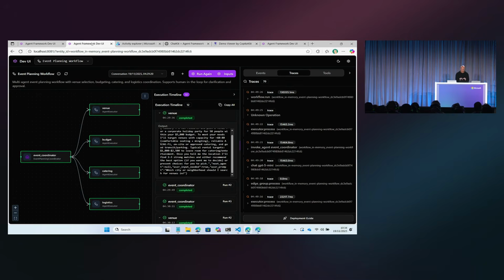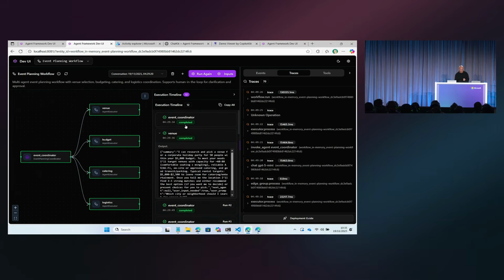And I'm just going to talk about some other aspects of the Dev UI. So you can see here, everything is completed. I have a visualization. Everything is marked as green. There's a timeline of execution. So I can see that it started with the event coordinator. That took the original request. Then it passed it on to the venue agent. The venue agent then